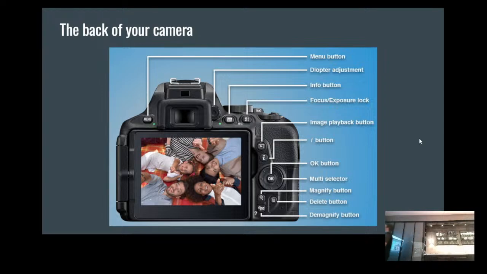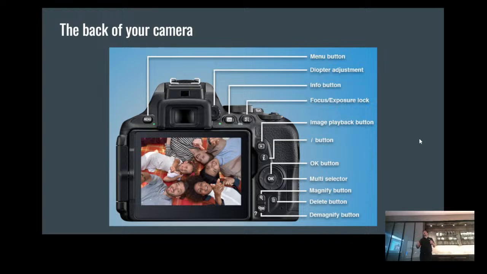Now, there's an I button on this camera, which some cameras have, some cameras don't. Some cameras will have a Q button instead, and some cameras will just have a function button where that is. All that is another shortcut menu for you to get in to change things. So for I, for example, or Q or FN, that could be your little chunk of settings that allows you to change the focus parameter area, the auto white balance, the exposure compensation, the